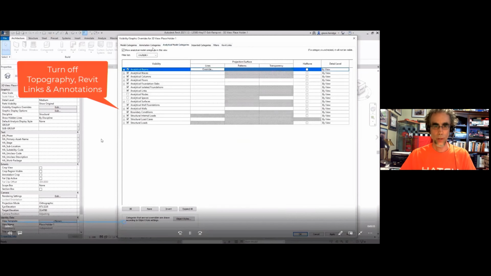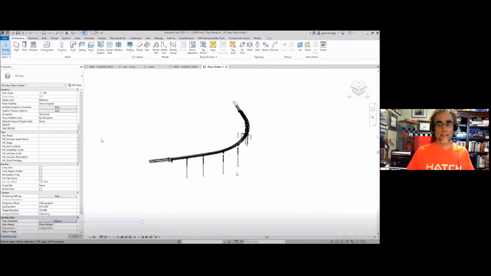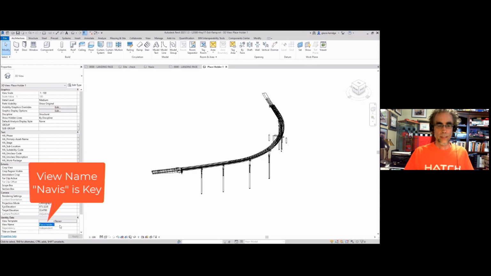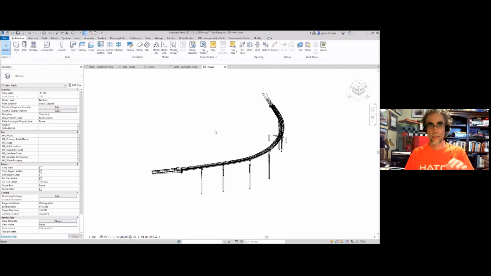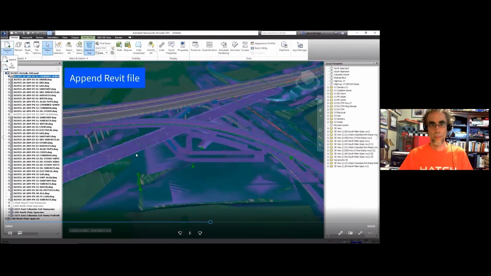You want to get rid of topography, Revit links, annotations, anything in that view that you don't want to see in Navisworks. So you're left with just the raw structure. You save that file, rename the view to be Navis, and Navisworks will pick up that view name when you insert or append that